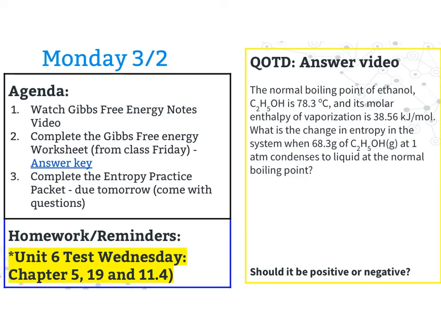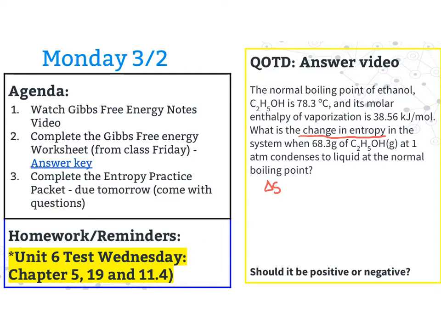Okay, you guys, so your question of the day today was: the normal boiling point of ethanol is 78.3 degrees Celsius, and its molar enthalpy of vaporization is 38.56 kilojoules per mole. What is the change in entropy? I'm going to underline that. That's what we're looking for, delta S, in the system where 68.3 grams of the ethanol at 1 atmosphere condenses to liquid at the normal